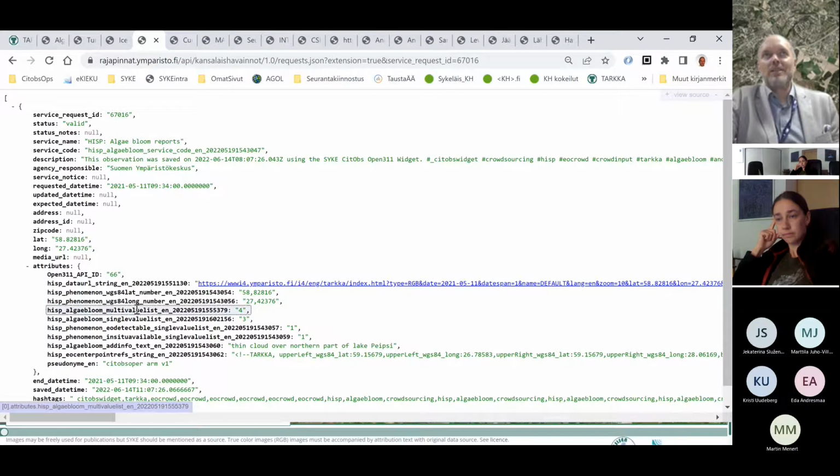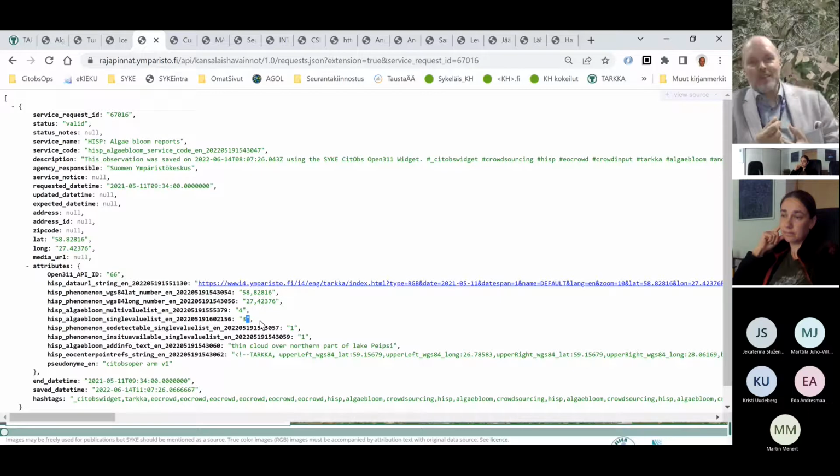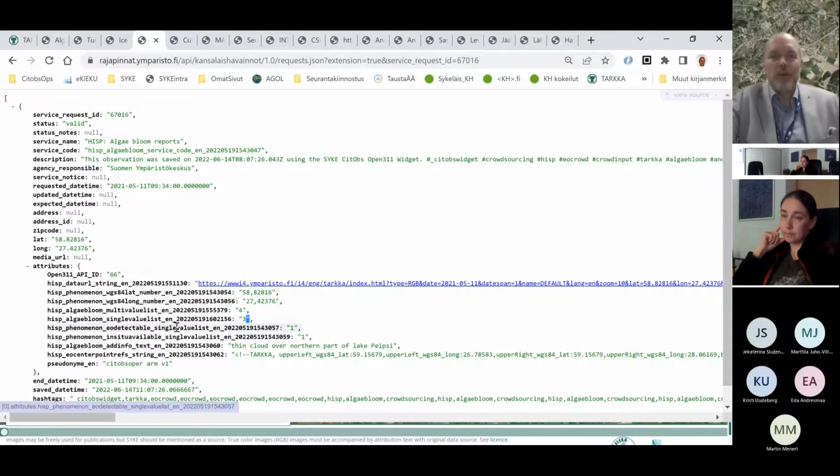But you have selected something from the multi-value list, and several options are coded in here. There's an option selected in the single value list, and the option is coded in here. So these are numbers, and they are then transparent with different languages and for different uses and so on. And it is very straightforward to use them in mathematical models for processing the data, or in GIS systems to actually highlight the observations, because all of this data is available also from